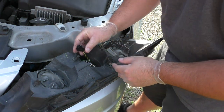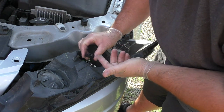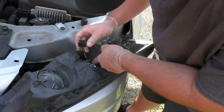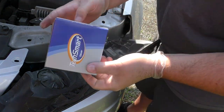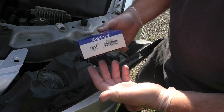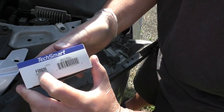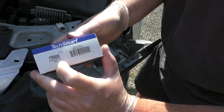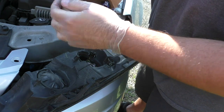So the culprit here is this. It's this wiring harness. This is all burned out, completely trashed. So went ahead and we bought this part. Now Dorman also makes a part. If you can get the actual parts, that's fine, but this is a F90006. So that's your driver's side